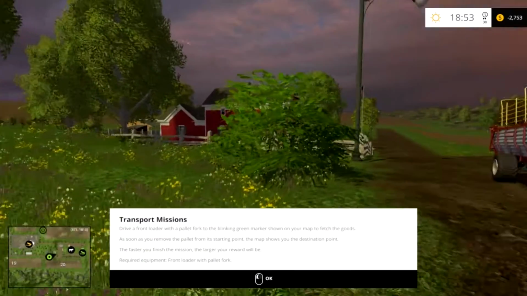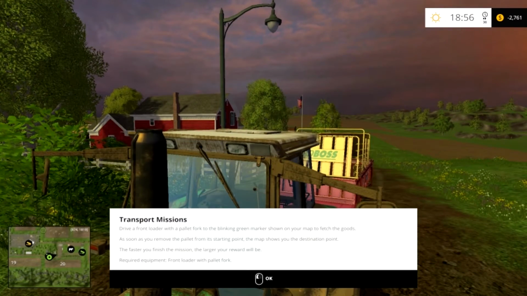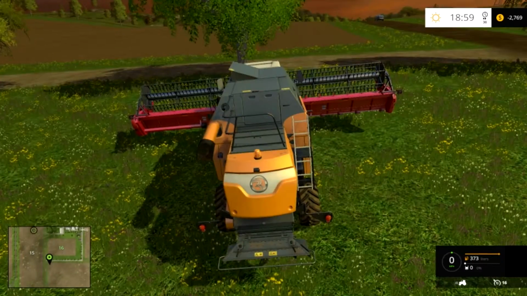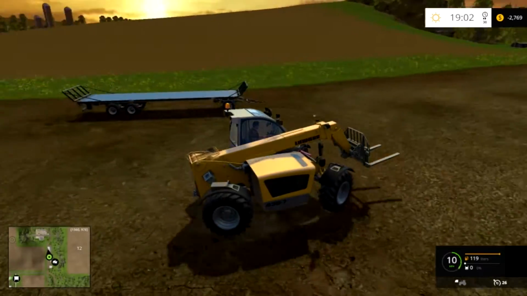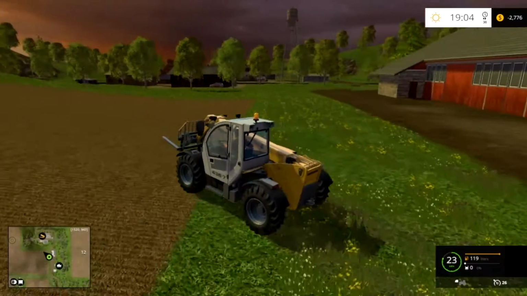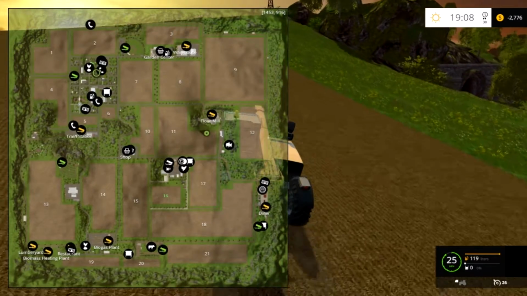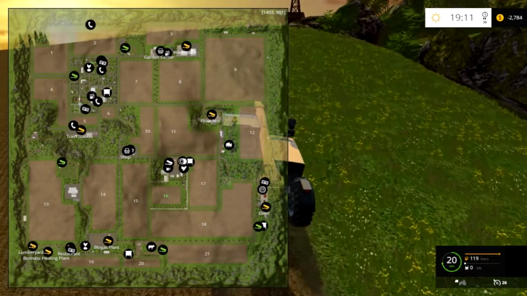Let's do one. Transport mission. So if you've never done or seen missions, here we go. Basically, we go to the green circle, pick up the pallet, drive it to the blue circle. Luckily, I have a front loader with a pallet fork right here. And let's see how far away we need to travel for this. So it's right in the middle of town. We have about 6 eggs in our backpack we can sell while we're up there,